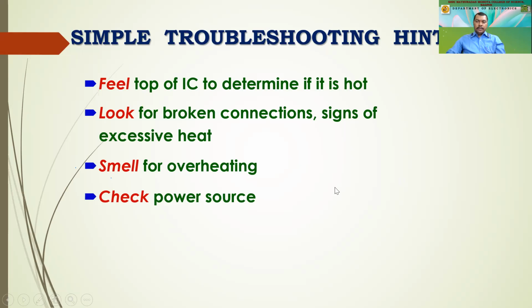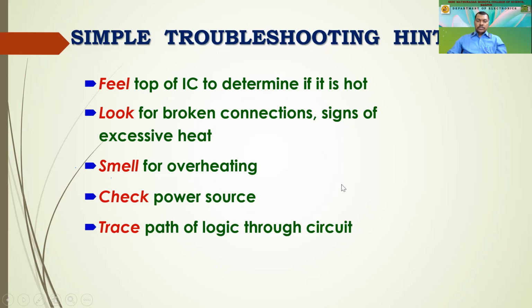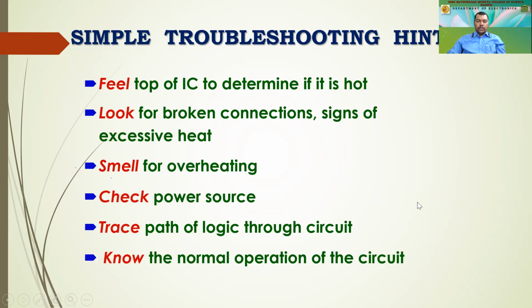And then check the power supply. You can always check the power supply. The power supply is the main energy source which we are supposed to give. As soon as we feel some abnormalities in the working of the circuit, we can go through these troubleshooting steps. Trace the path of logic through the circuit. We need to go through all the paths due to which we are having this trouble. Then we have the normal operation of the circuit. We should understand how it is going to work. Unless and until we have the theoretical portion of any circuit, we won't be able to justify the practical of it. So we need to understand the basics.